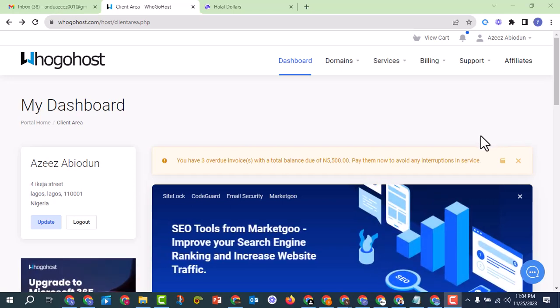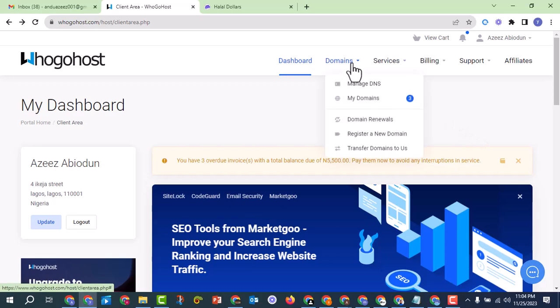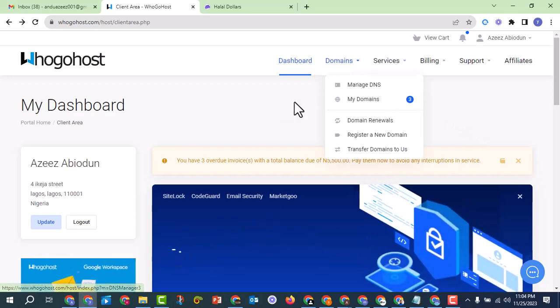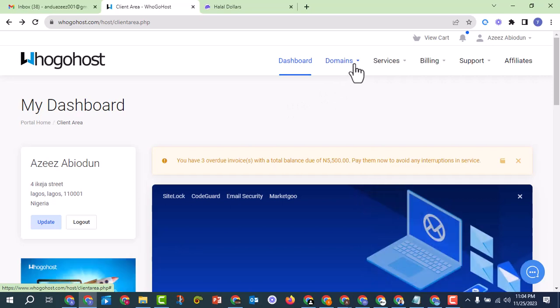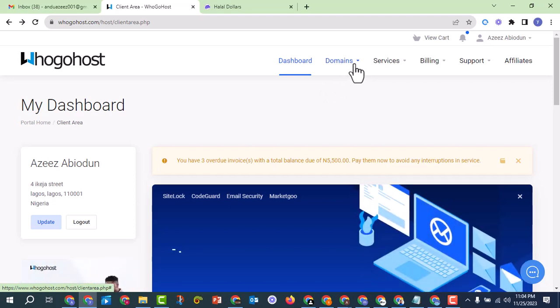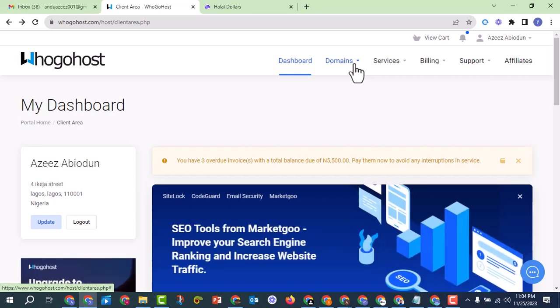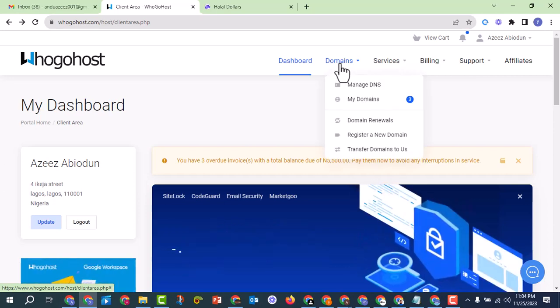So I said the next thing is that you have to buy a domain. You have to buy a domain to connect to your landing page, because by now you should have already chosen your own niche, either dental care or any other one. So when you come to domains here on Google Host and you come to register a new domain,